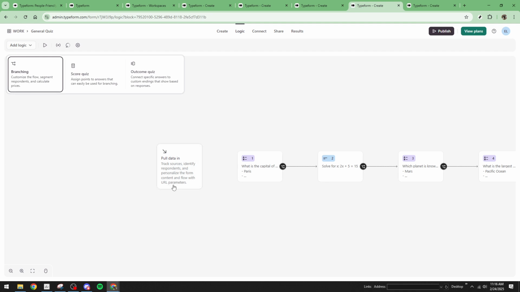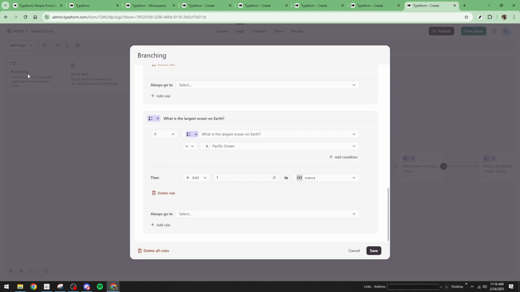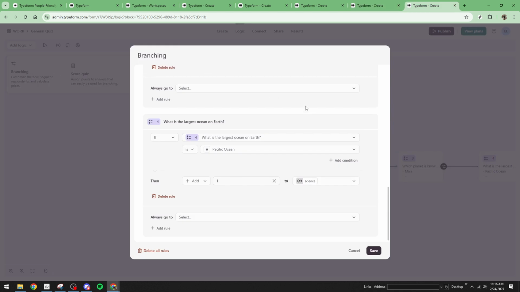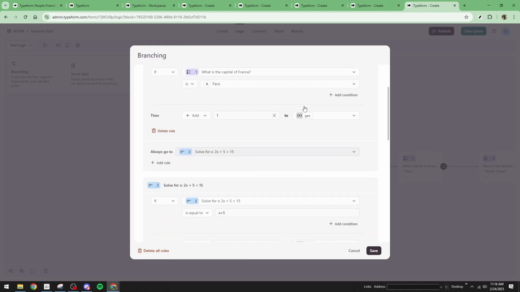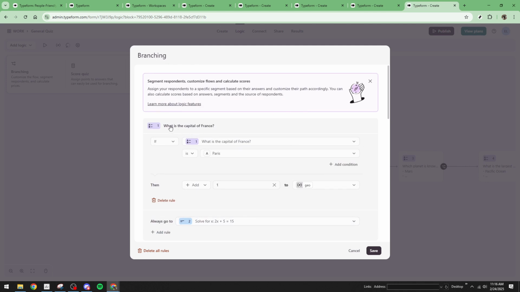To make this even more powerful, within each question you'll need to access the logic settings. Here you'll select Add Logic and choose Branching. By using branching logic, you can create rules based on the choices that users make when answering questions. These rules will update the value of your chosen variable, which can then be used to tailor subsequent questions or